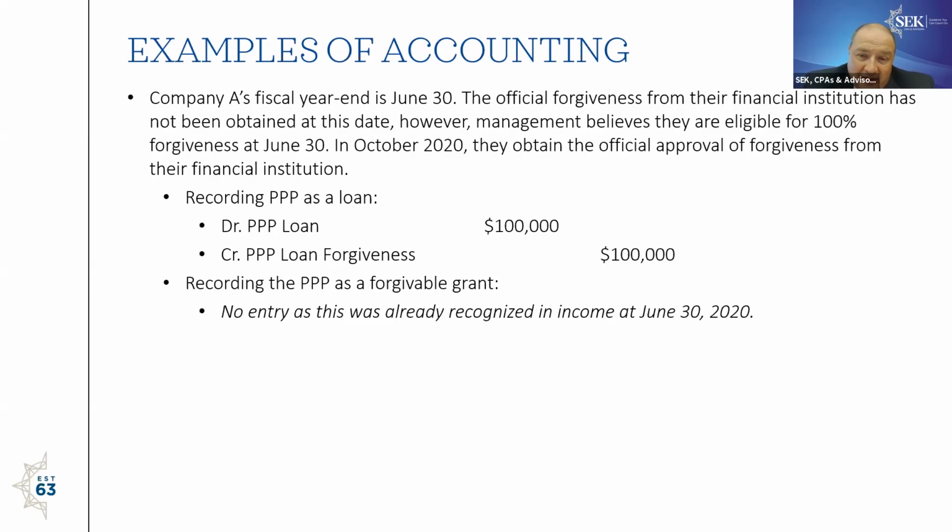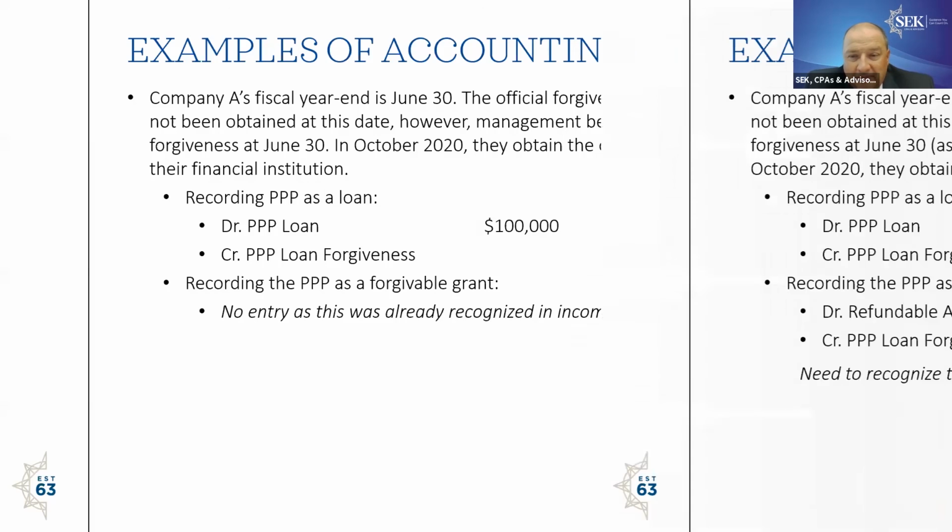So as you can see here, some of this has to do with the timing of when you're going to be recognizing this as income, either as it's being used along that time or holding until it's officially forgiven and then recognizing it. For those on a calendar year, hopefully you'll be in the boat where you don't have to worry. You'll have it officially forgiven come December 31st. But for fiscal year ends of June 30 and up through there, they're the ones where this is becoming an issue,